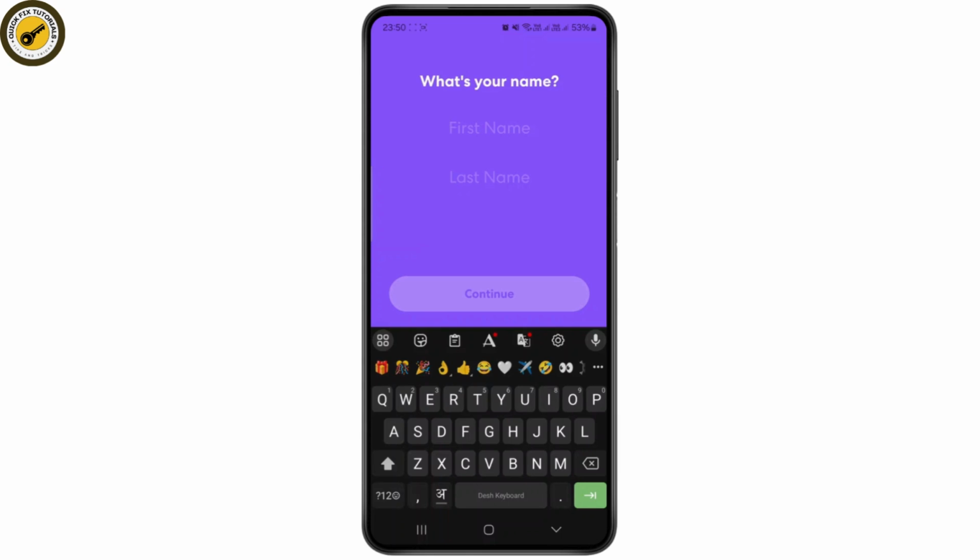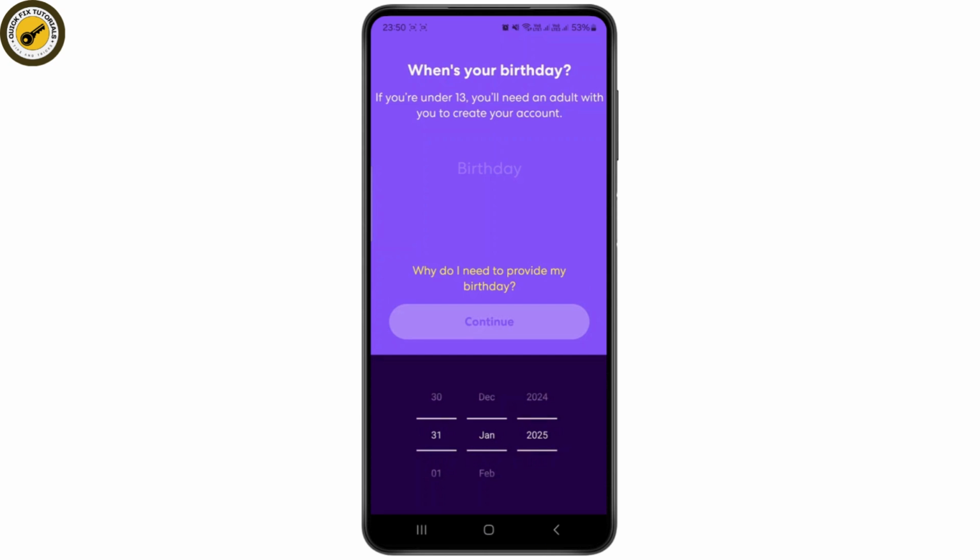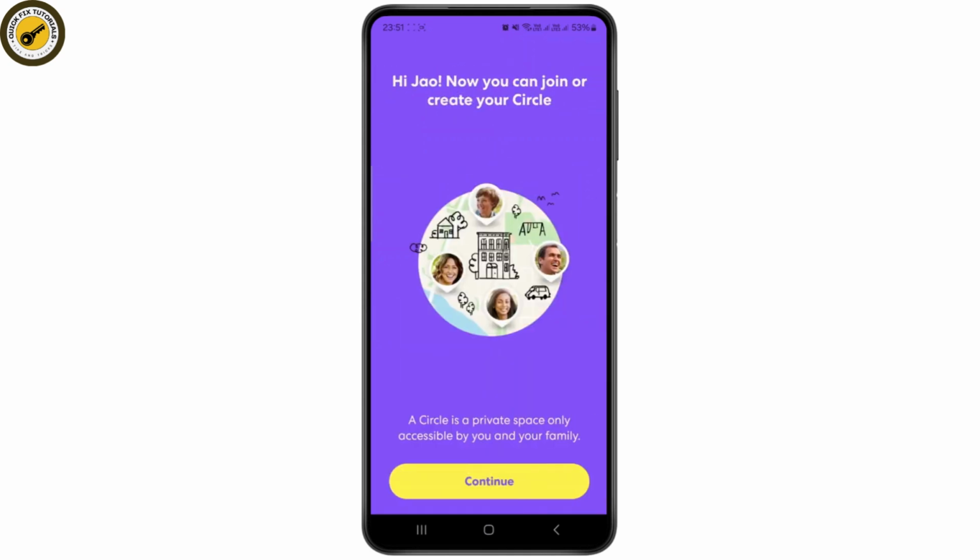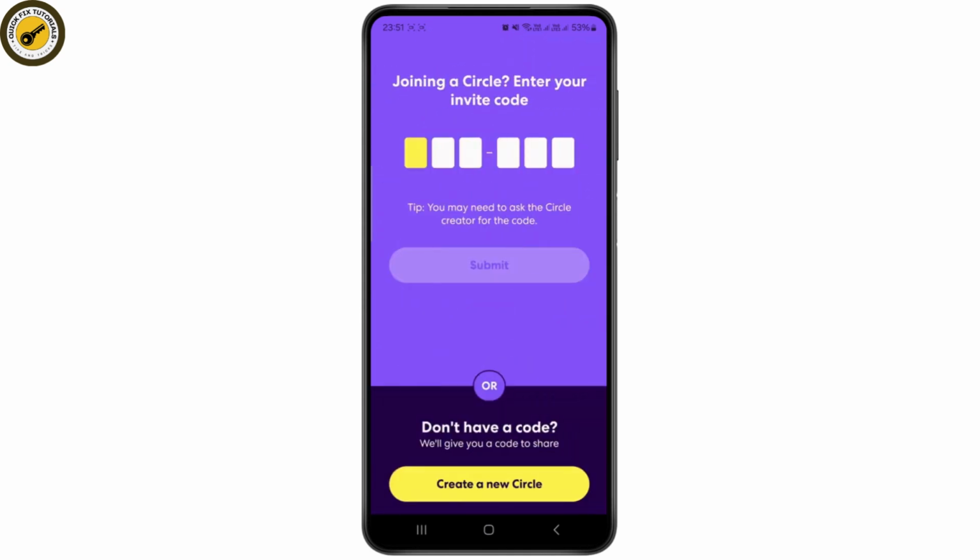So once you enter your verification code, it will ask you to enter your first name and last name. So simply type in your first name and last name just like this and simply click on Continue from over here. And it might ask you to enter your birthday, and if you are under 13 you will need an adult with you to create your account. So select your birthday accordingly. So simply select the correct birthday over here and simply click on Continue,